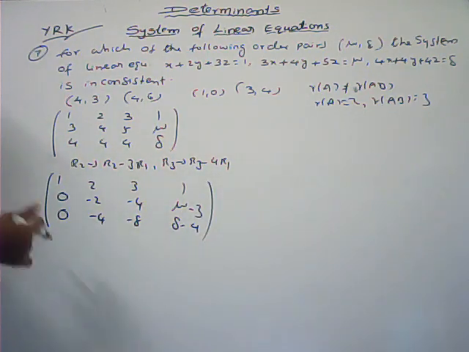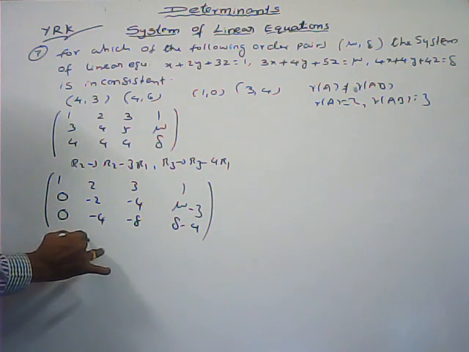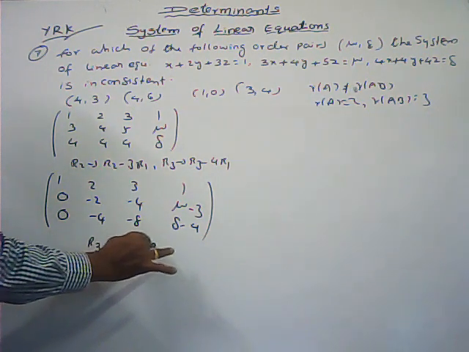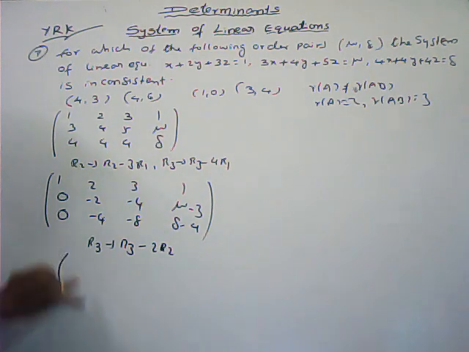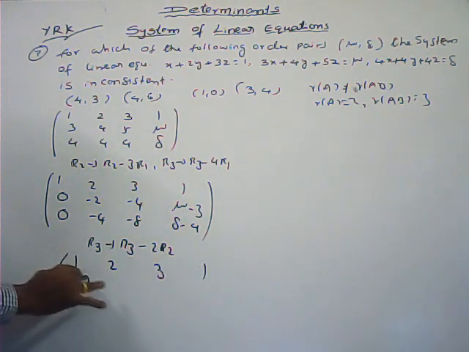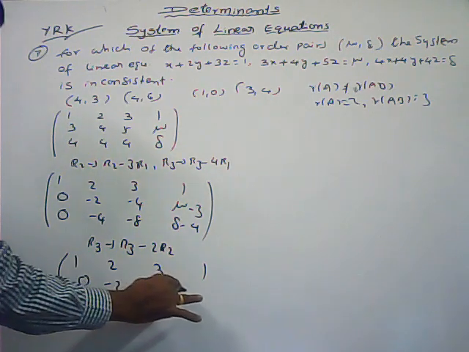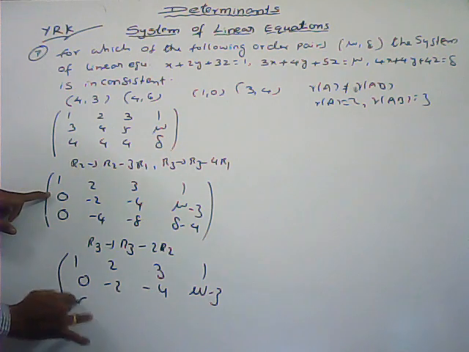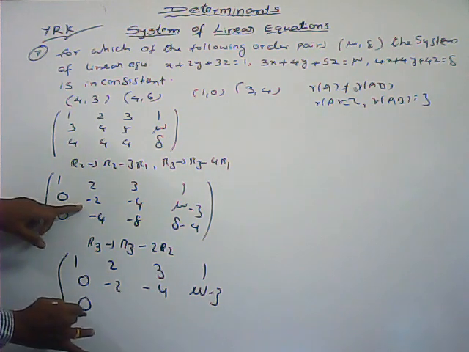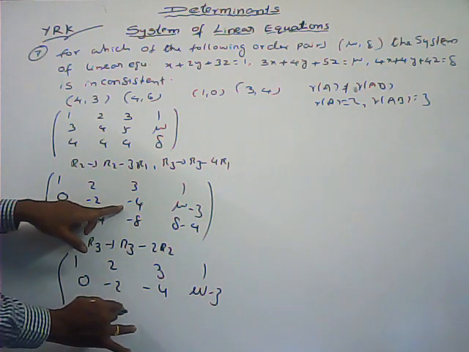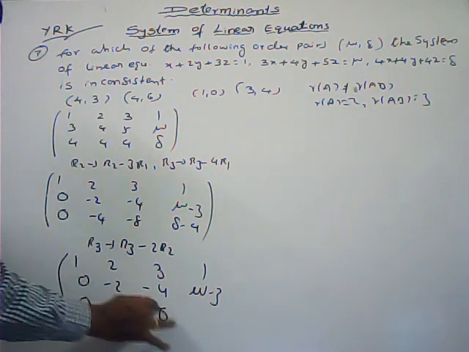To convert it to echelon form, R3 goes to R3 minus 2R2: 1, 2, 3, 1; 0, minus 2, minus 4, mu minus 3; 0, minus 4 plus 4, minus 8 plus 8,